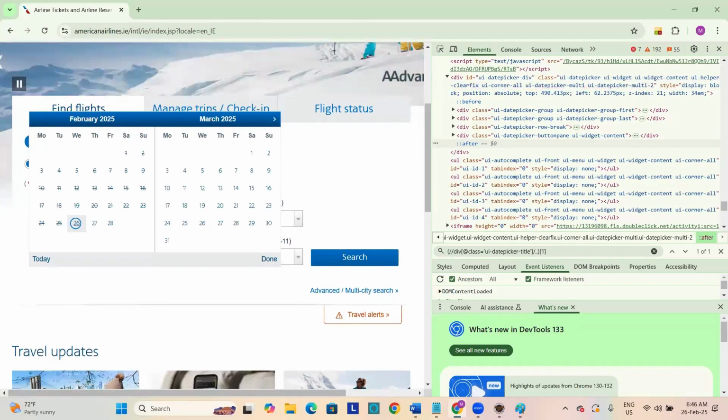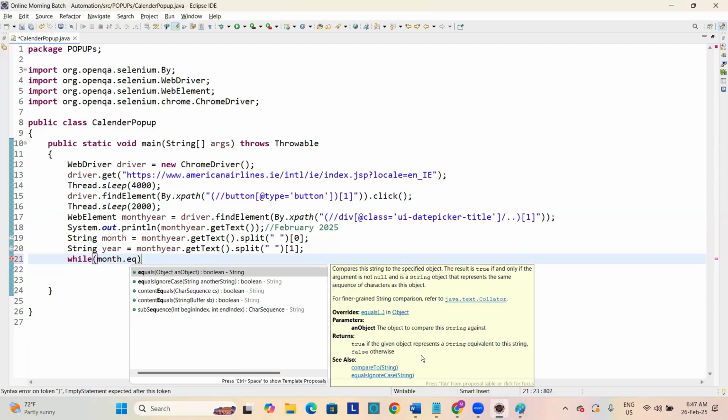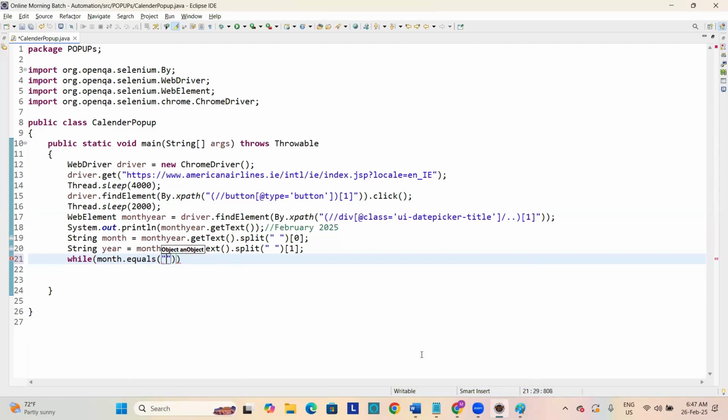Now, if we know the number of iterations or we don't know how many times we have to go, what do we use when we do not know the number of iterations? Can we use a for loop? No. While. While month equals